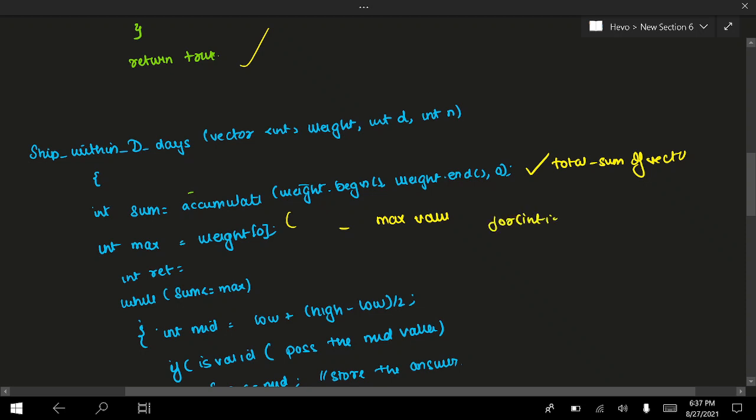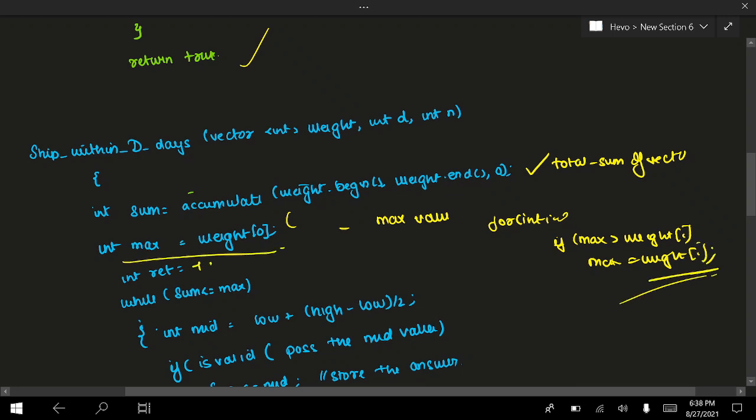So for int i equal to 0, you have to check if the max is less than weight i. If it is, you have to change the value of max to weight i, and just initialize the max. So that's how you get the value of max, and there will be an int return.